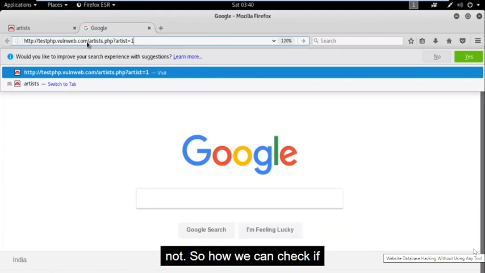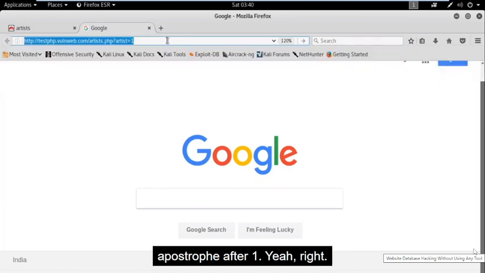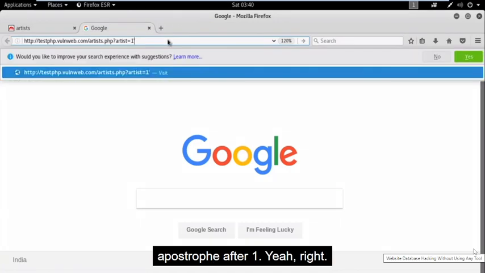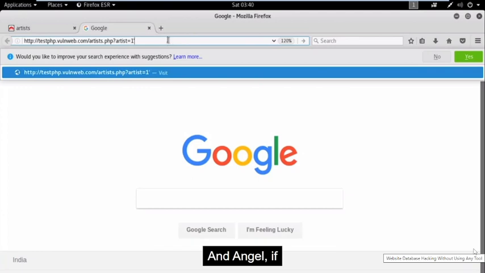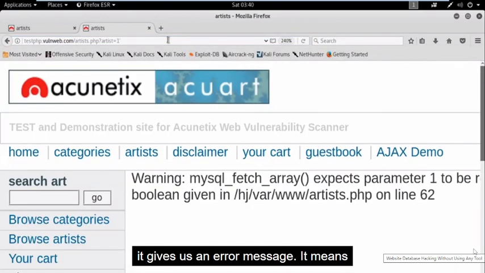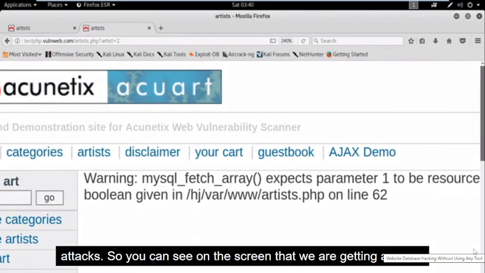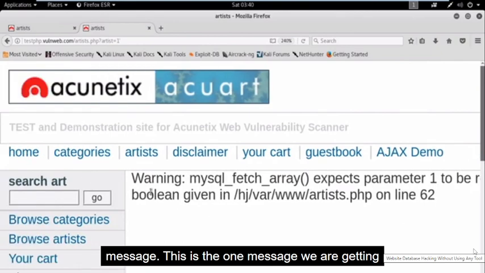So how can we check it? It's quite simple. You can just type an apostrophe after 1 and hit enter. If it gives us an error message, it means the website is vulnerable to SQL injection attack. You can see on the screen that we are getting an error message. This is the warning message we are getting,